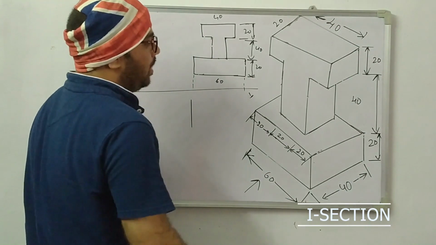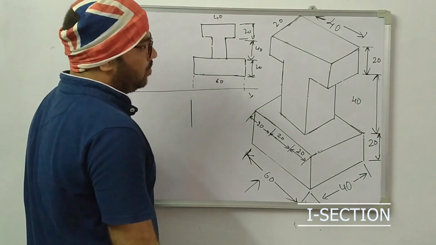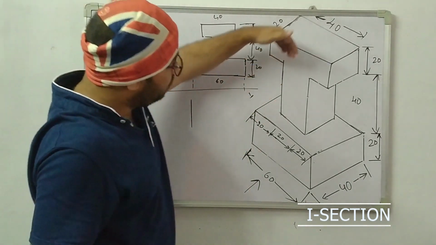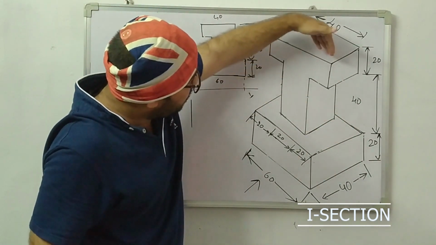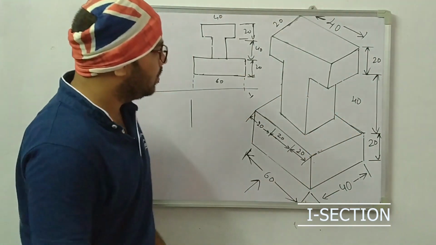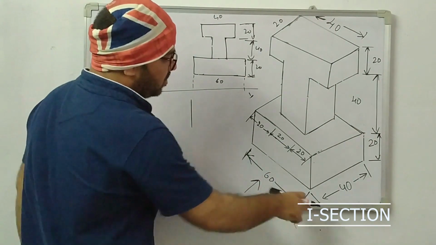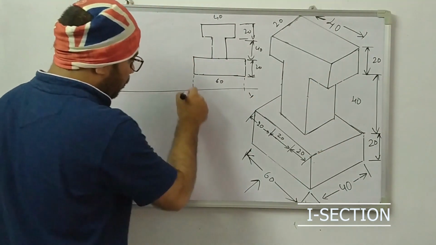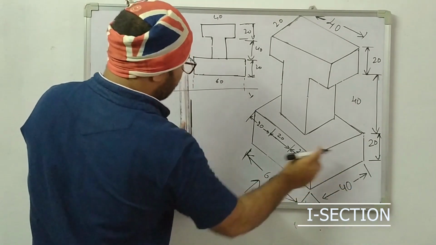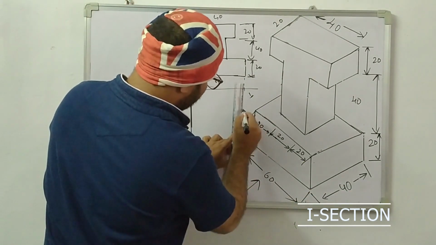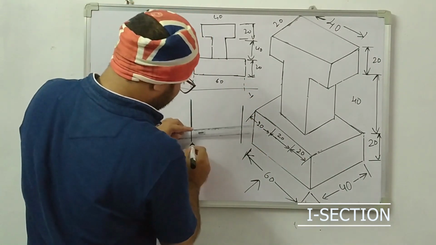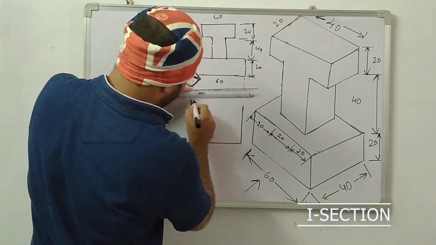And in the top view, what we are going to construct is the width and length. So length is already known. So what is the length? 60, and the width is how much? 40. So in the top view, this is the total 40, and watching from the top side, you can see the 40 and 60 length. So first of all, create the box 60 into 40. This length should be exactly 40 here, and this length is already known. This is 60.